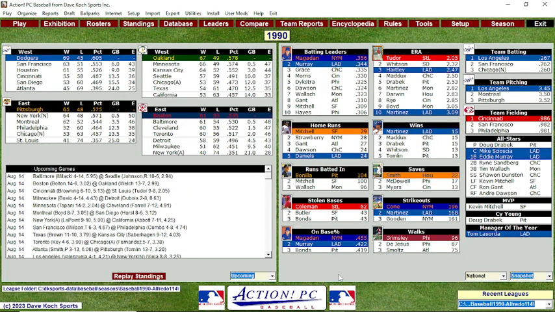Now let's take a look and see where we're at. Okay, we're in the backup file. Everything looks decent. See if we can play the game.